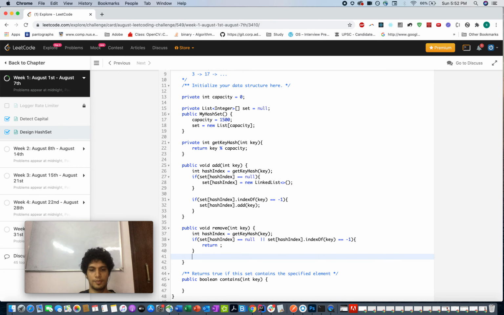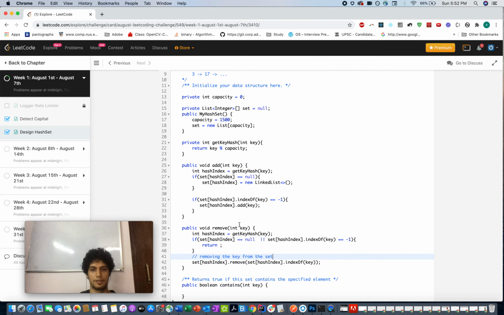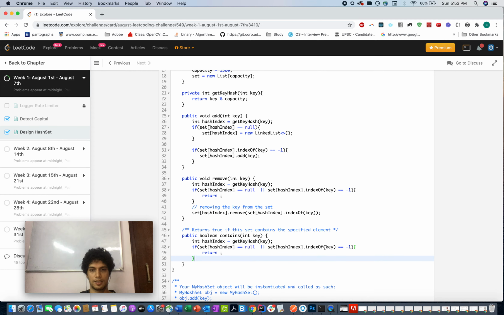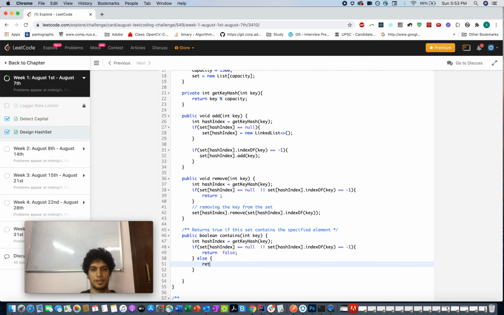And then what we can do is, since we know now it is present, we just remove it from our 2D matrix, index of key. So we remove that, removing the key from the set. I think contains would be exactly the same as this. Get hash, if it is null, then return false, else return true.